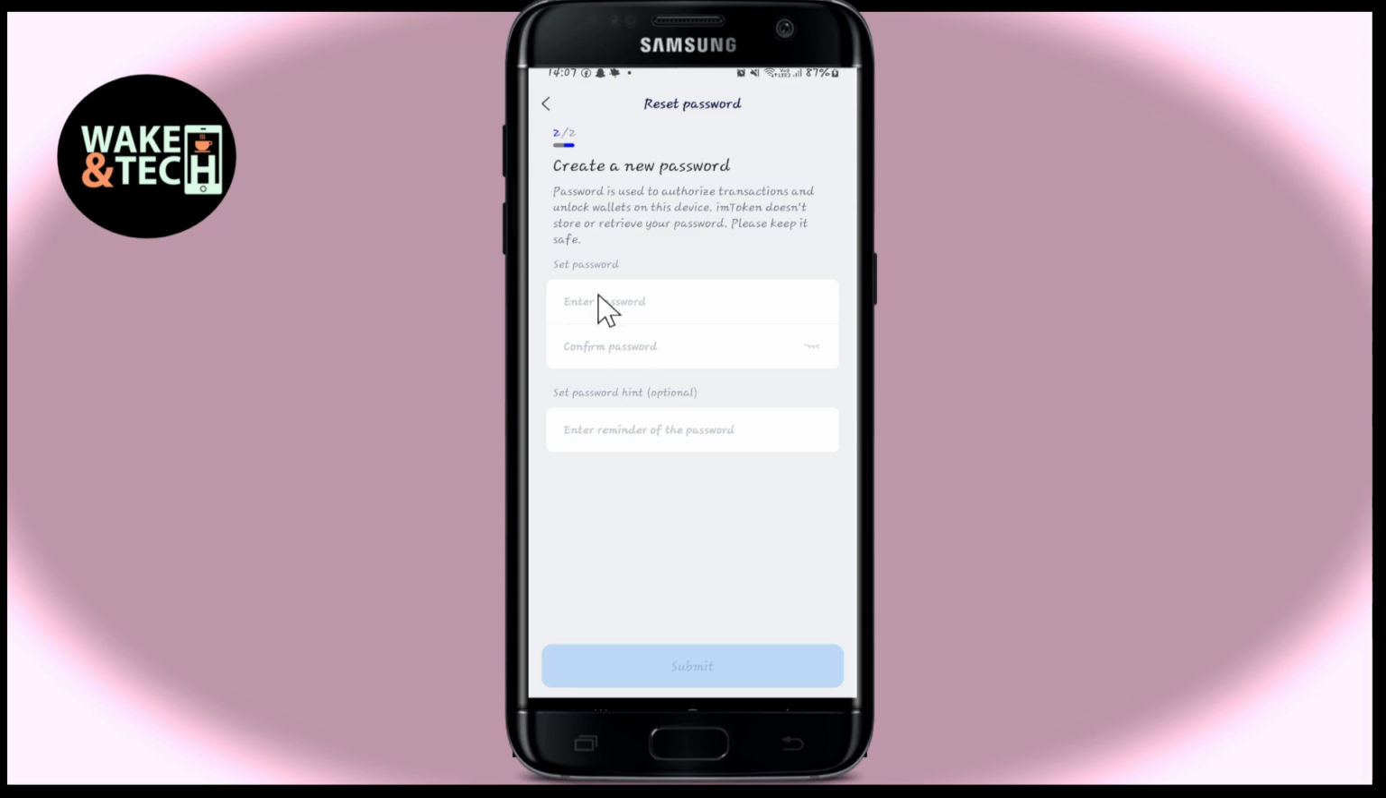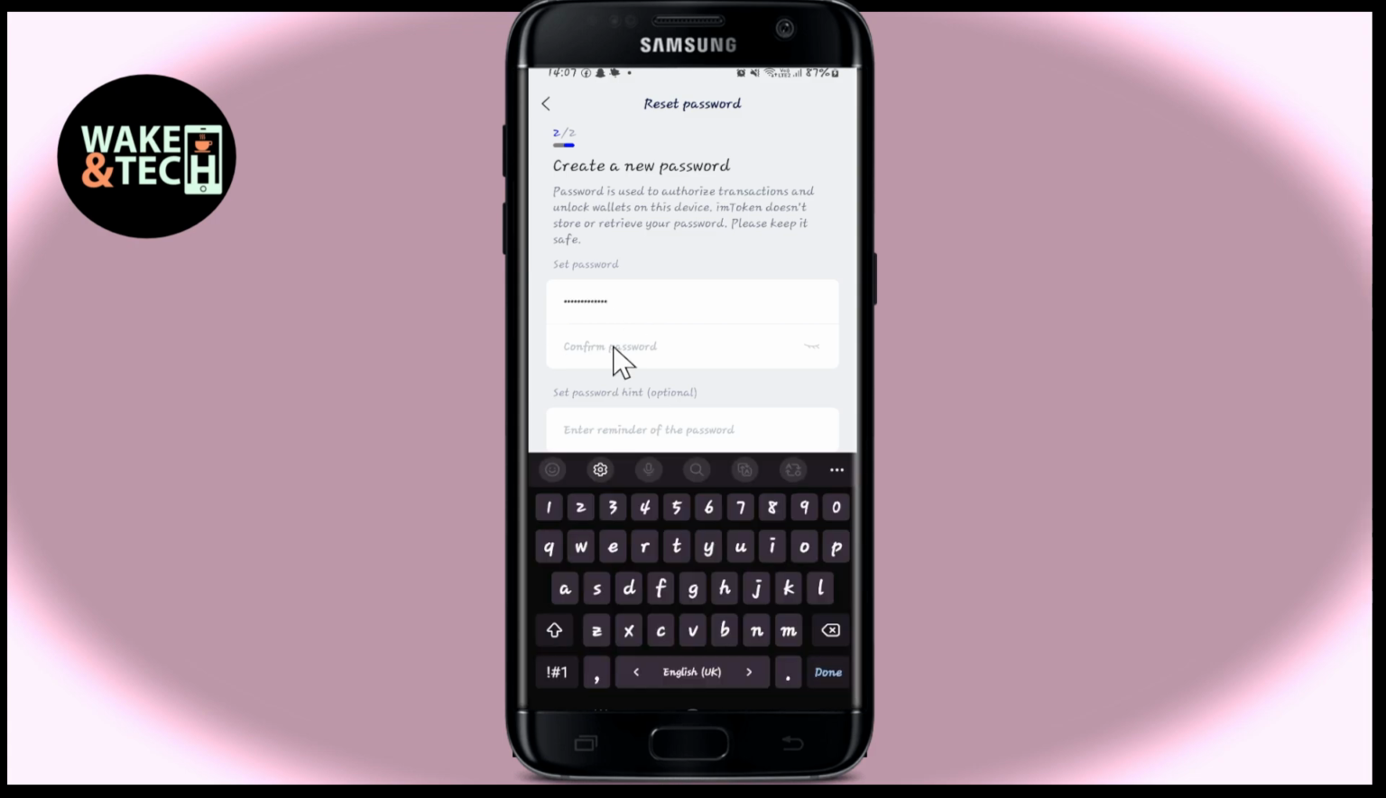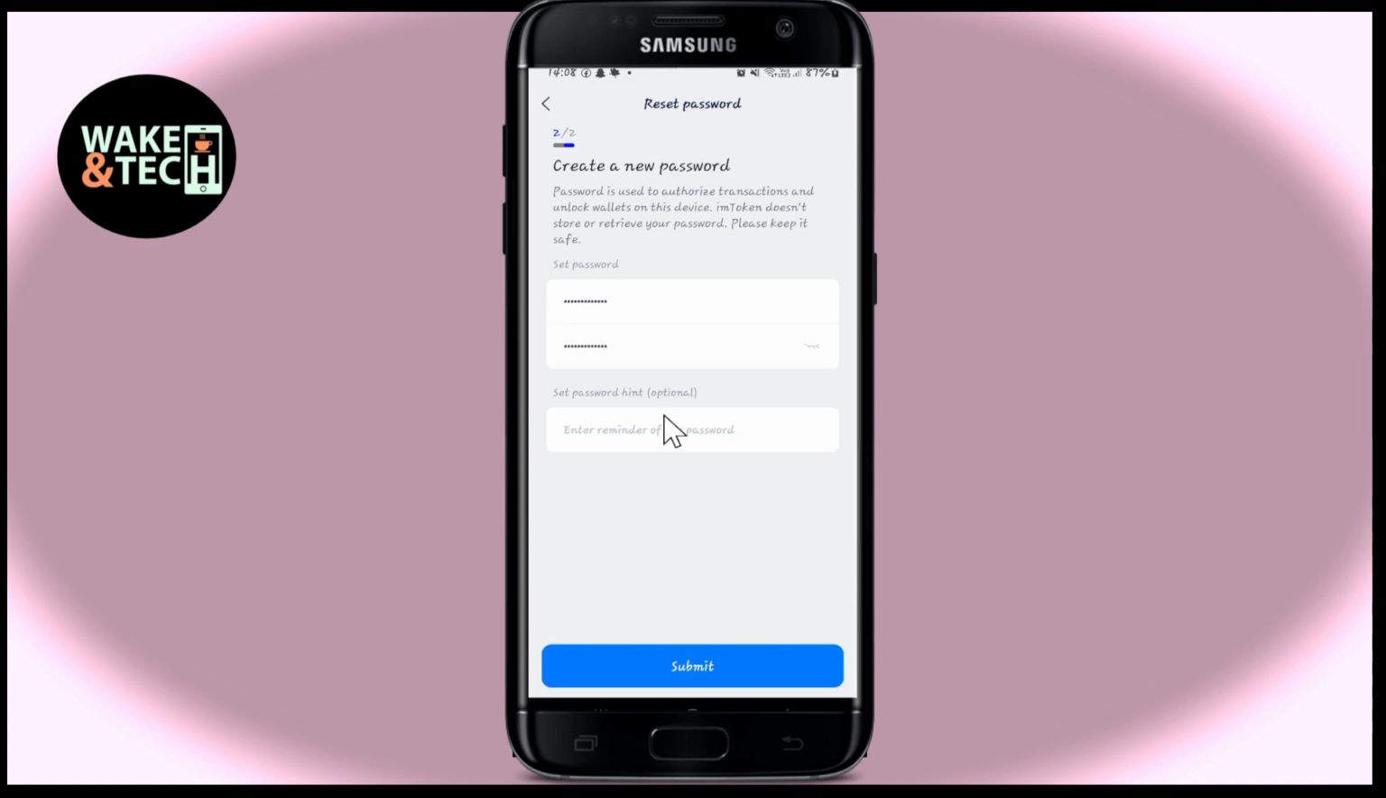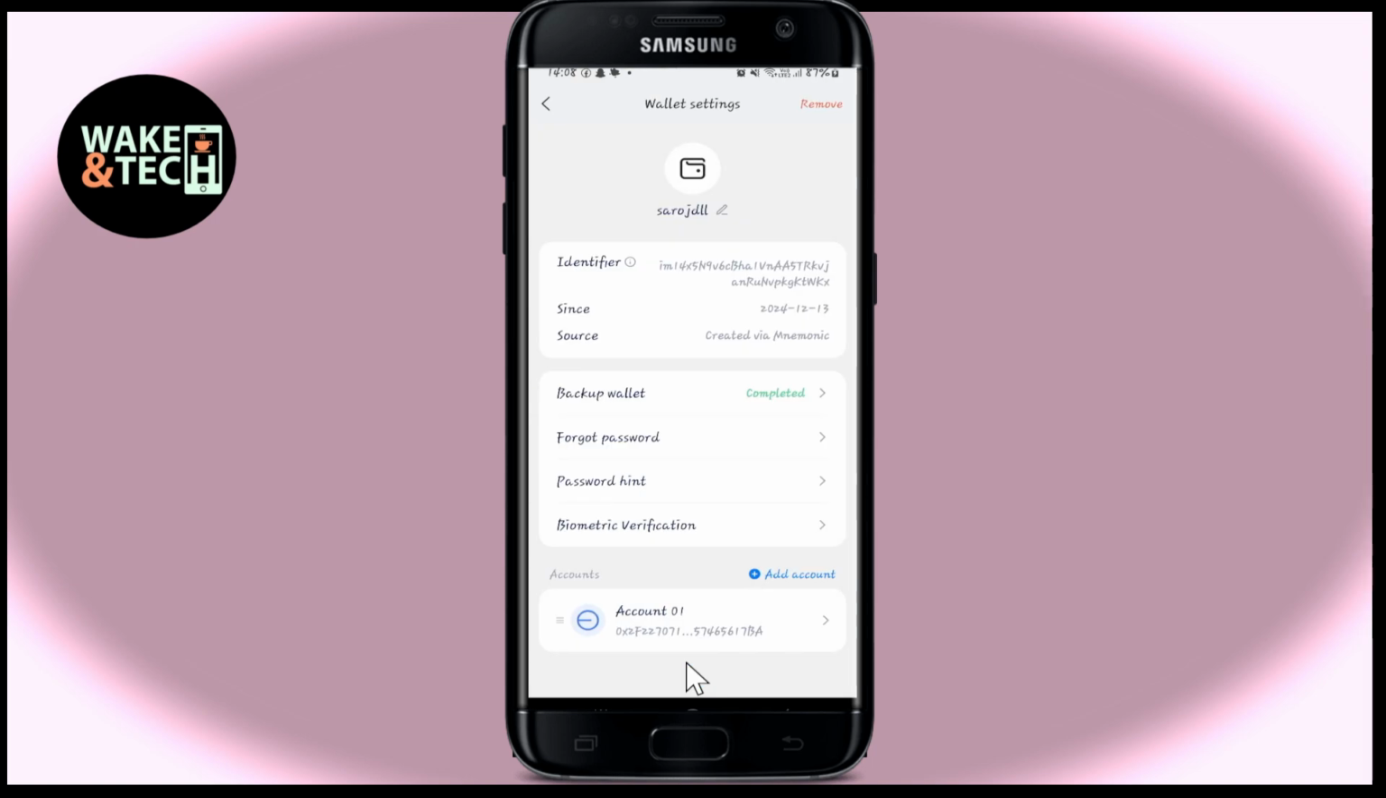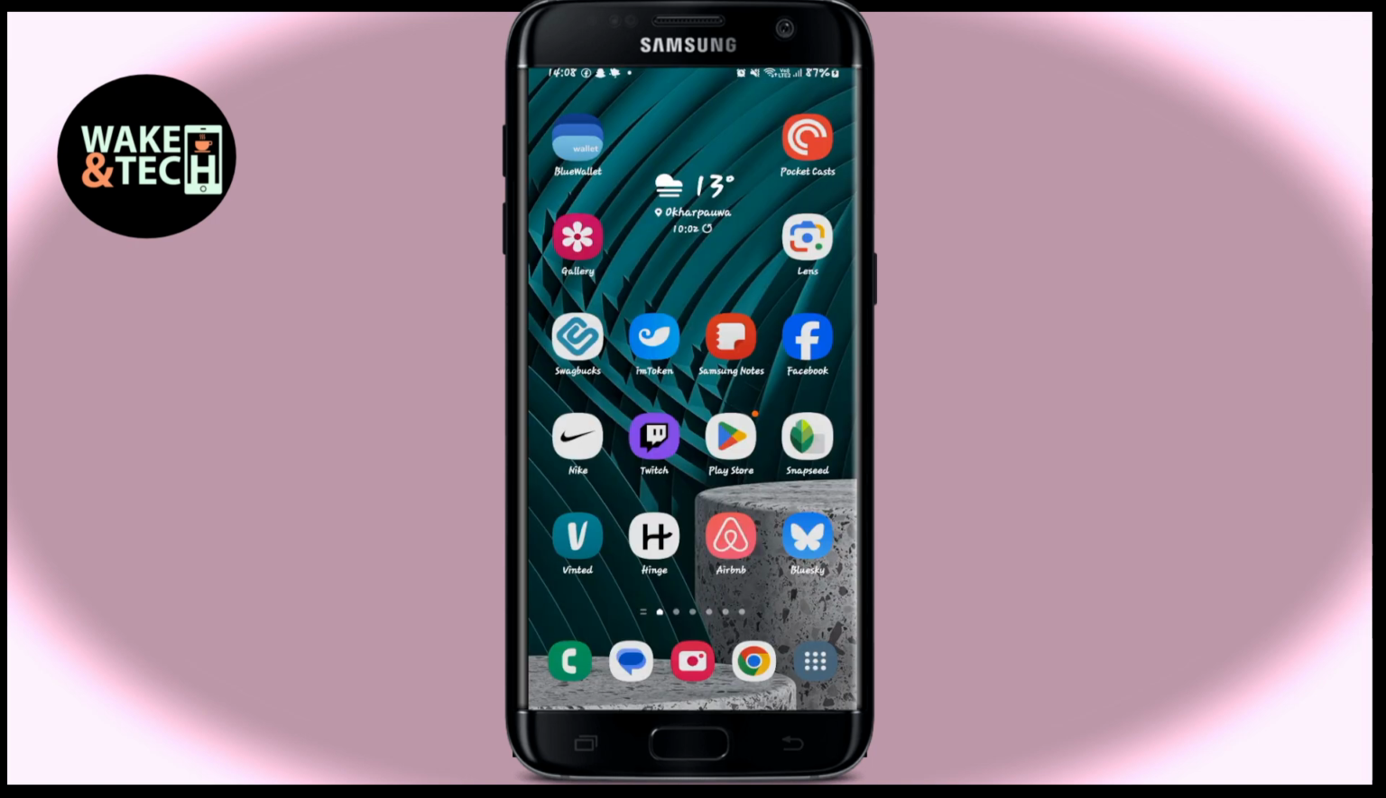password. Go ahead and type in your desired new password within the Enter Password box, and then type in this new password once again underneath for confirmation. You may also set up a hint for your password if you wish. And finally, tap on the Submit button, and now your password has successfully been changed within your imToken wallet application